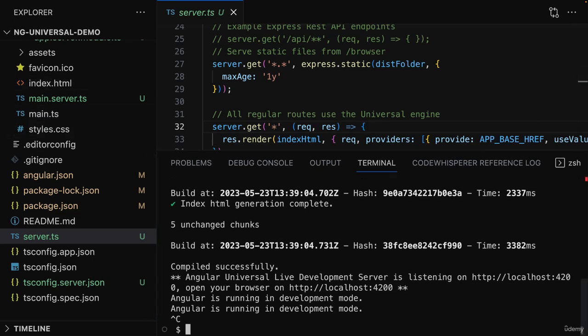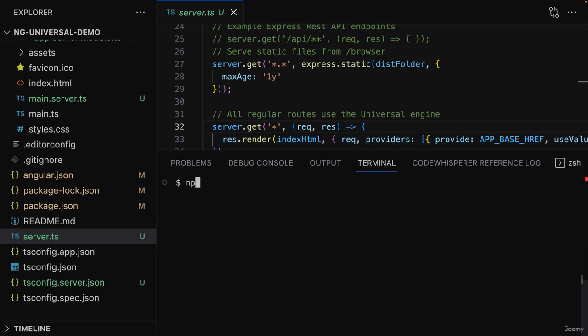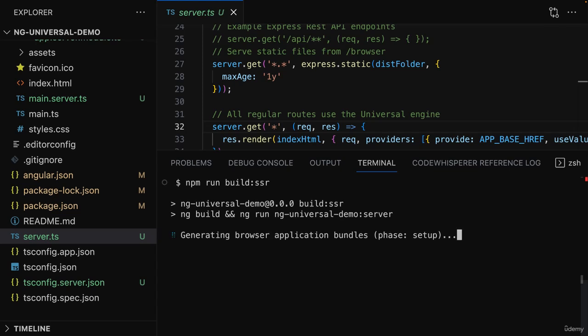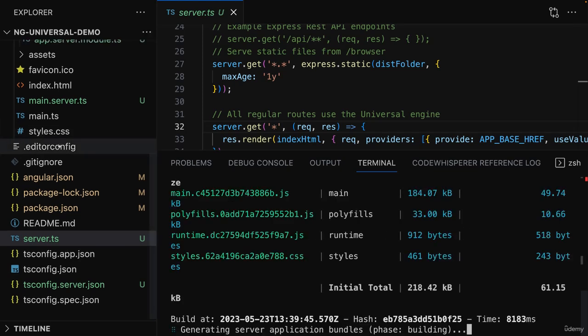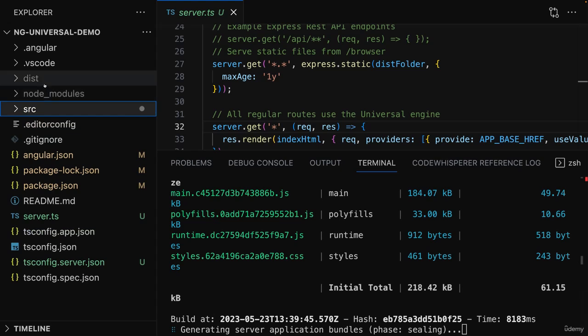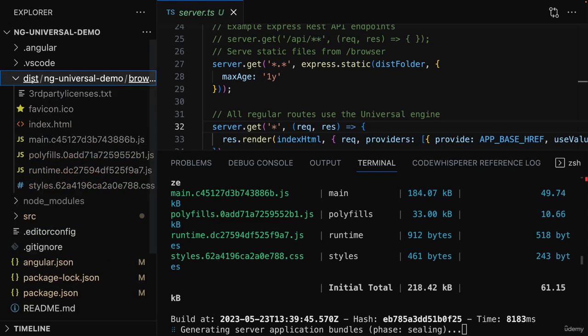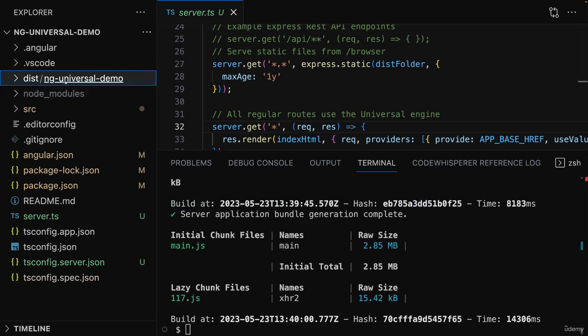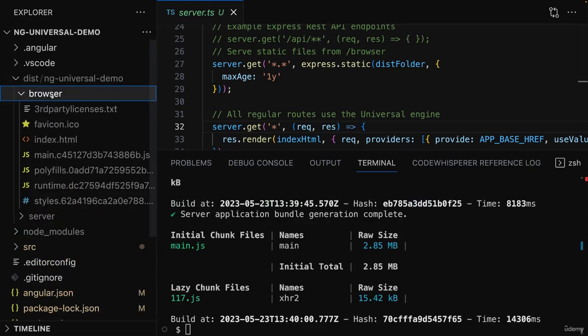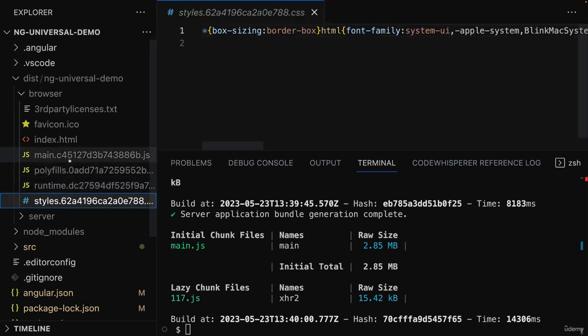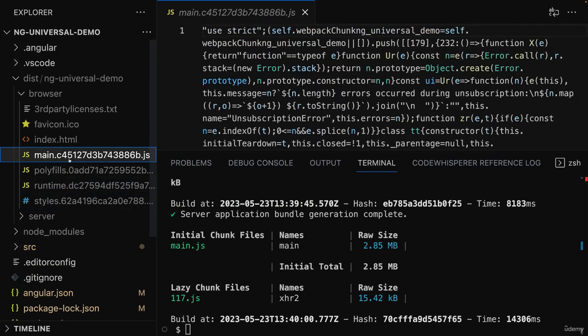You can see this if you quit that running server and you run npm run build:ssr to build this application for deployment. When you run this command, you will notice that a dist folder gets created, and that dist folder in the end also contains a nested browser subfolder. And that browser subfolder contains JavaScript and CSS files, which in the end need to be downloaded by the browser